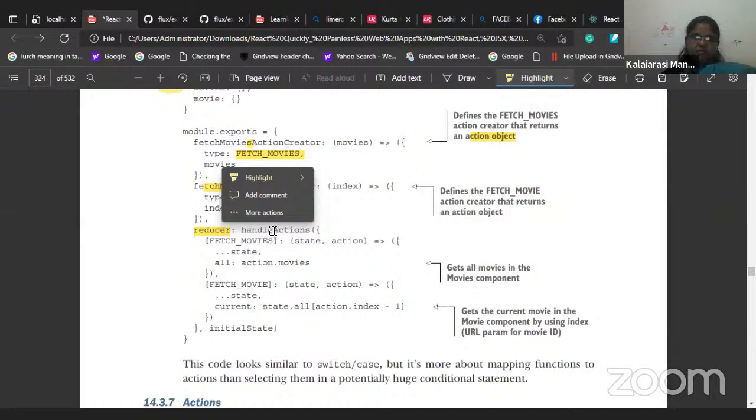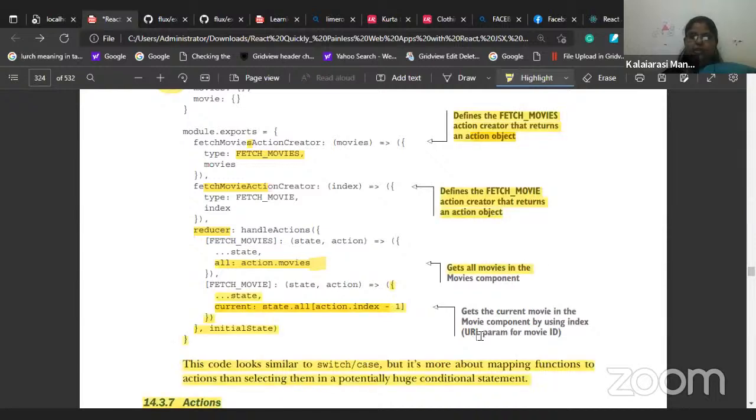Now we are going to handle the actions which we have to do. This is all the action for movies, that is entirely displayed in movies, and here this action will display the particular movie only. So it gets the current movie in the movie component by using the index, that is the URL param for movie ID. Now, another important concept is URL param for movie ID, which is a very important concept, and we will see